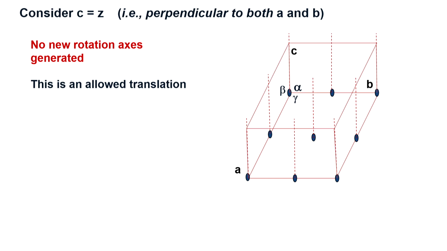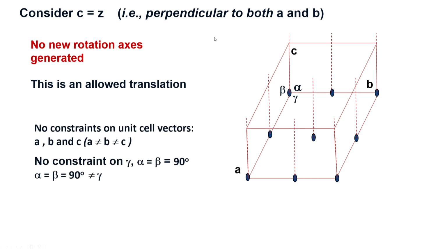Now, if I complete the unit cell, I get a unit cell like this. And what are the constraints if any? Well, the length of the C vector was not constrained, but the orientation was. So, no constraints on the unit cell vectors A, B and C, but the lengths can be anything. Again no constraint on the angle gamma because that is how I started with the oblique lattice. However, alpha and beta will have to be necessarily 90 degrees. So, therefore, we will write alpha equals beta equals 90 degrees and no constraint on gamma.